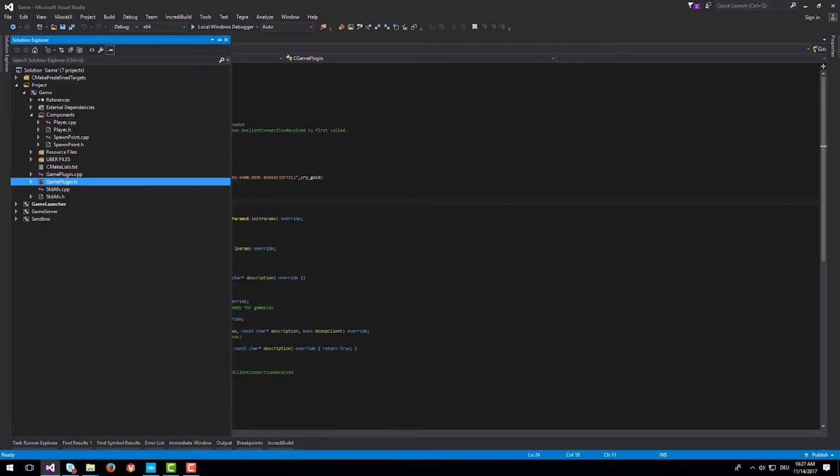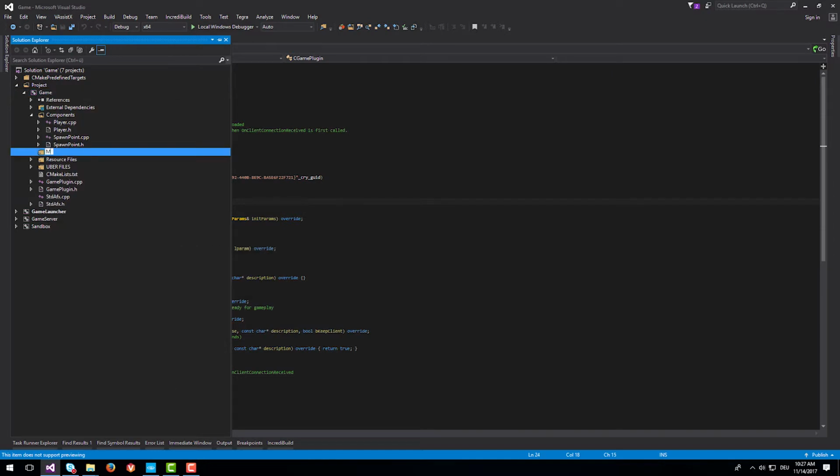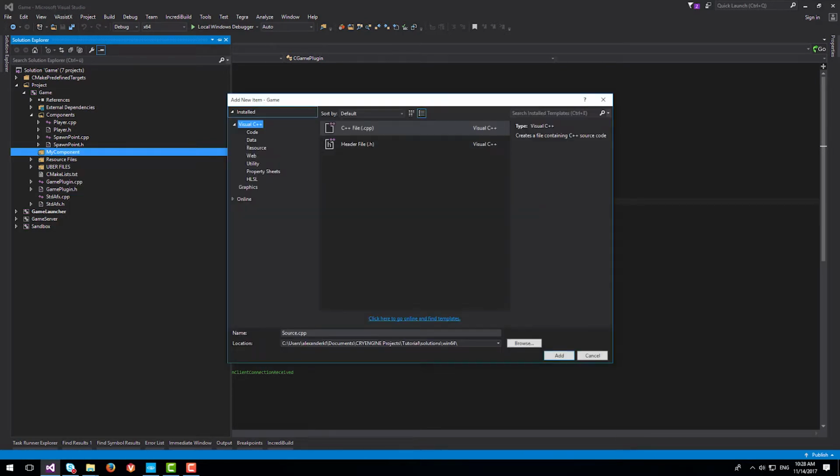What we want to do next, of course, is create our own component. So we have to add new files to it. We will just add a new filter to our Solution Explorer and call it my component, and just hit enter and add the actual CPP file, which we just call my player component,